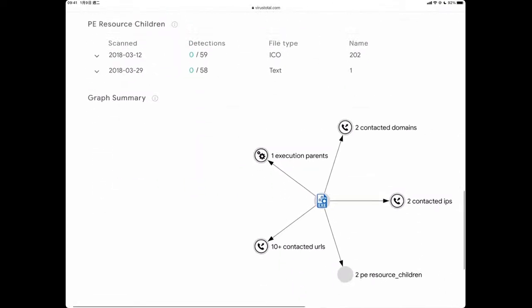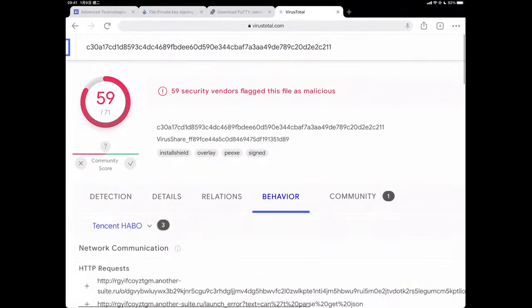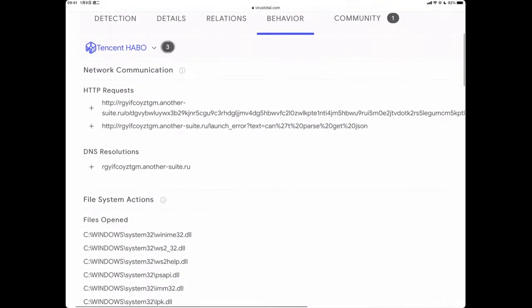So that's it. Behavior: if you do dynamic analysis, those network communications can be observed by your monitors. Those are HTTP requests, DNS resolutions, and I believe you have learned it in your network class.